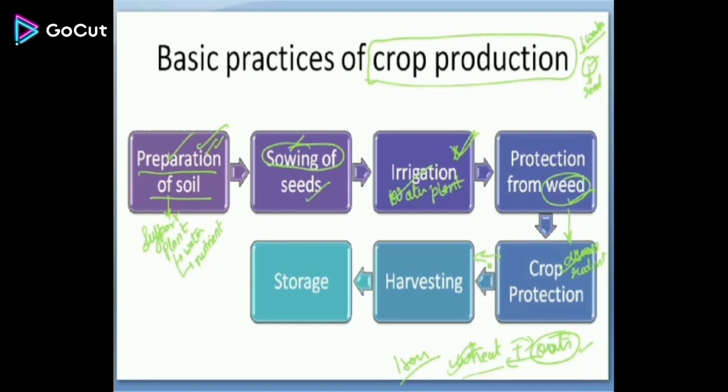Next is the process of harvesting. Once the plant is mature and the plant part that we require is ready, we will harvest it. Harvest means taking out the plant part that we require for the product to be sold and to be used. So harvesting is a very important part, because the timing of the harvesting should be just right. We cannot harvest a crop before it is mature or after it is matured, because it will ruin the kind of product that we require.